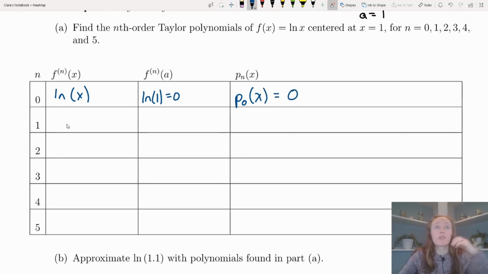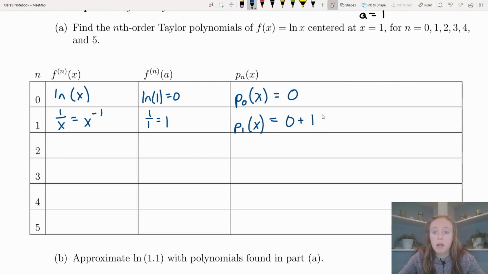Now, from up above, if you remember from our linear approximation, the derivative of ln of x is 1 over x, which some of you may like to think of as x to the negative 1. Now when I plug in our a value for this, I get 1 over 1, which is equal to 1. So my first degree Taylor polynomial, which was my linear approximation, is going to be my p sub 0, which was 0, plus my f prime of a times x minus a, which a was 1, to that first degree,